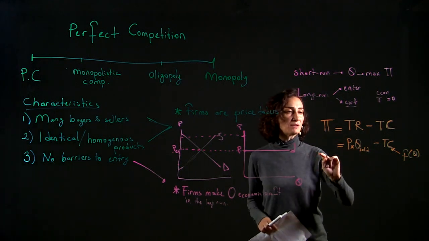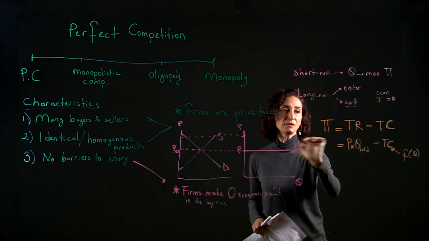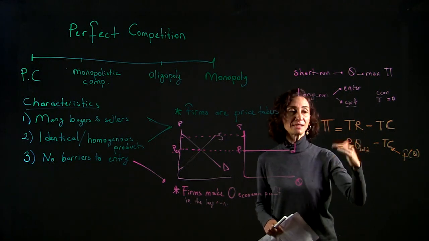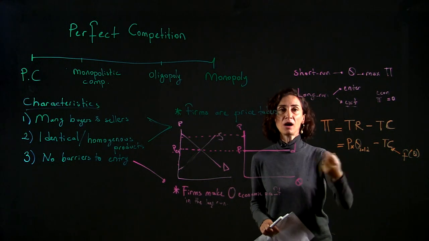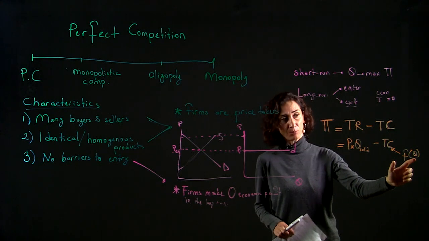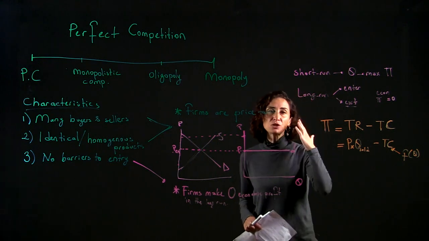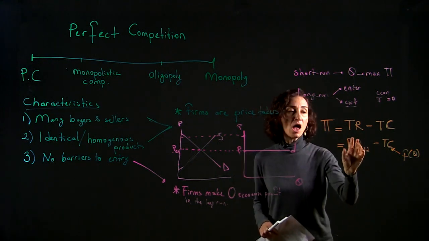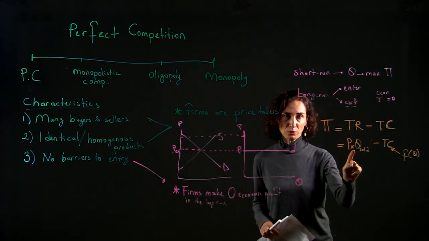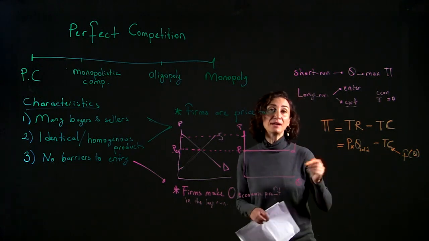Now I'm asking myself this: what is the quantity that maximizes this profit, right? So each quantity will add to my total revenue. When I sell more, I will get more. Why? I'm selling, I'm earning something. But when I sell more, it means I'm producing more, so I'm spending more. So to make a rational decision, I have to compare how much that production contributes to my revenue and to my cost. Okay?